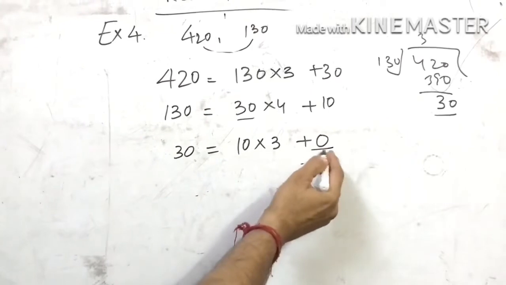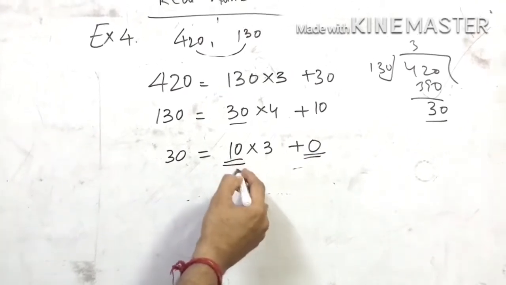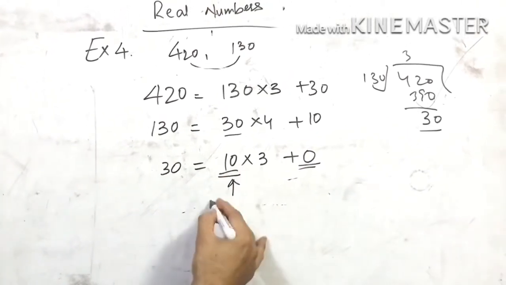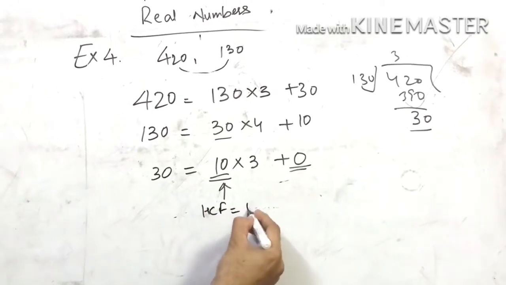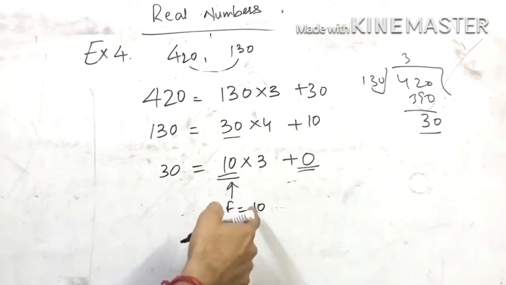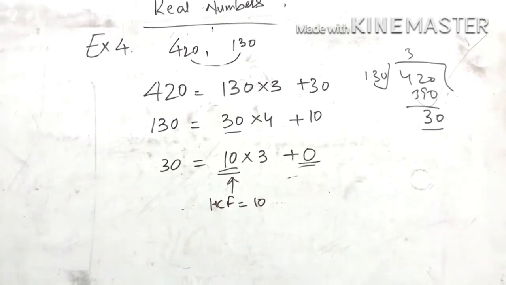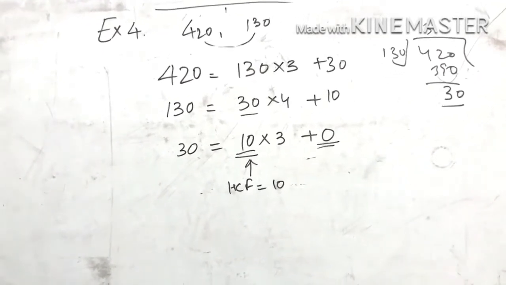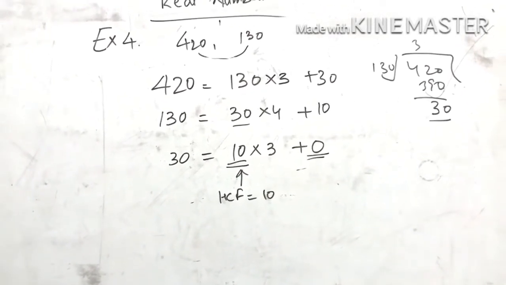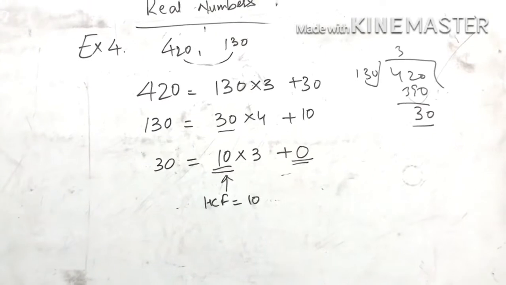By which number will you multiply and what remainder will you get? So that means now you have got 0. It means this number 30 is the HCF of these two numbers. So the maximum number of burfis you can arrange, when the area will be least, will be 30. She can arrange them in stacks of 30.